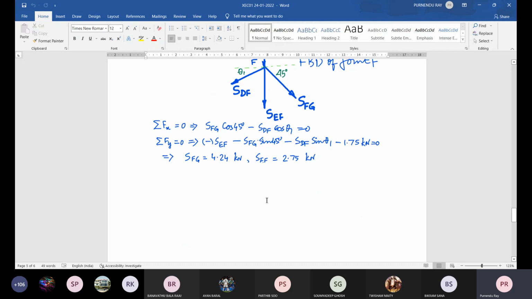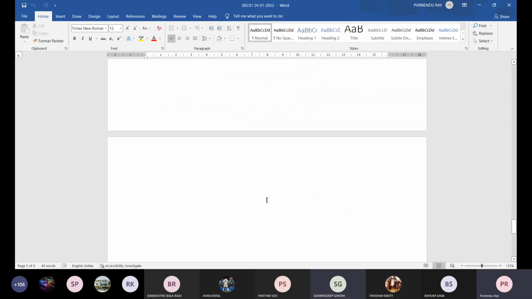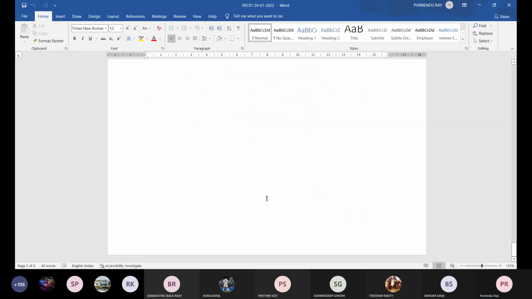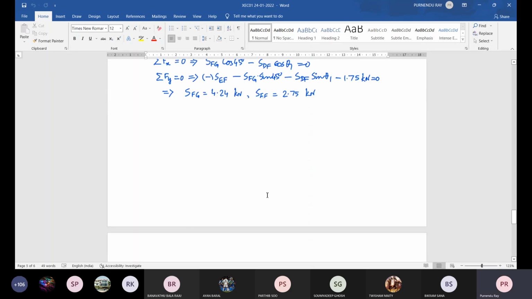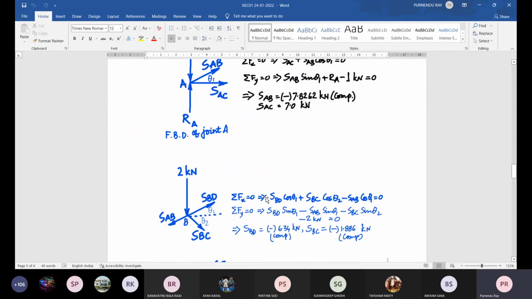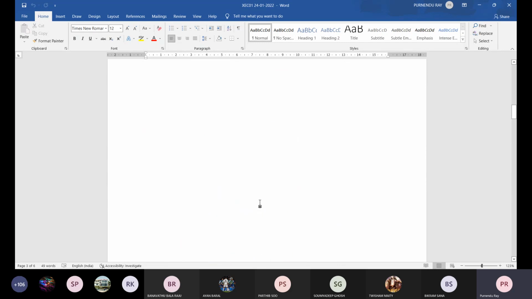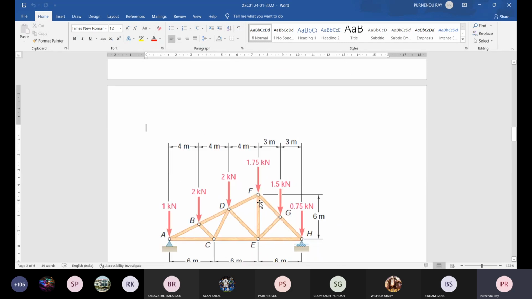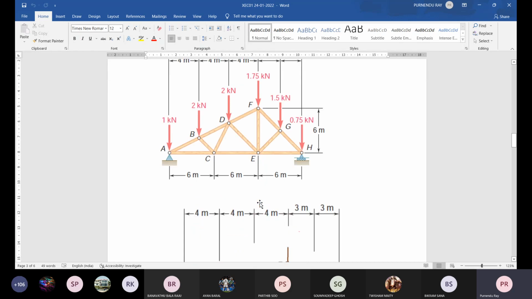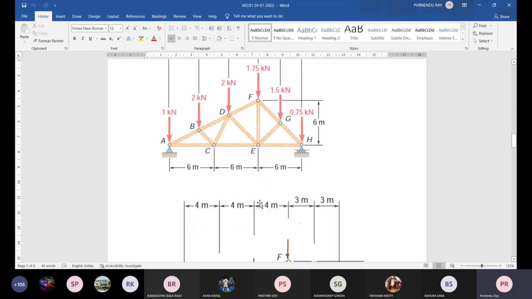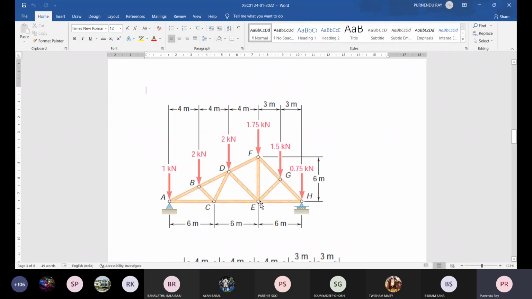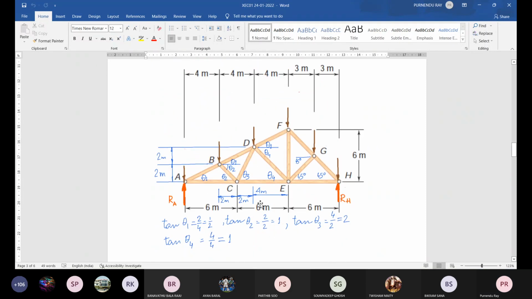So this is the method of joints, and please continue this thing, complete this, and find the answer so that in some class we can share this answer, and you can find the book. It is taken from Beer and Johnston. Most likely answers are supplied. I hope so. Otherwise, if it is not, please discuss.